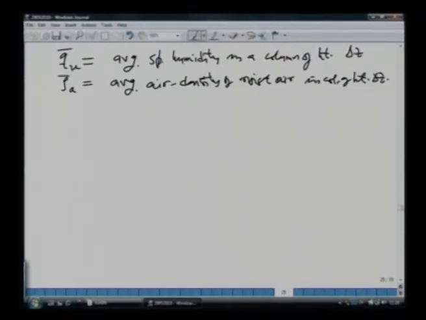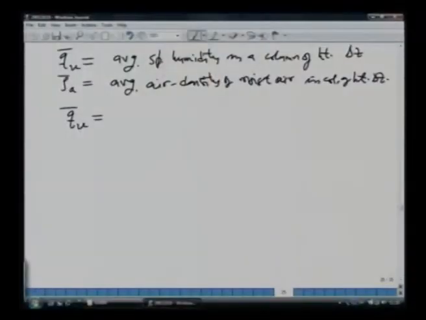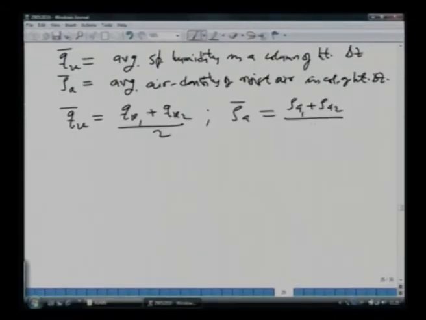So, how do we actually do it? Well, this is the expression we have. What is QV bar? Let us say you have two cross sections, delta Z is represented by 1 and 2. Average is what we are doing basically; there is a non-linear function you are trying to linearize, so it is like interpolation. It is nothing but the average of the values QV1 and QV2, divided by 2. Between the delta Z you take the values of QV1 and QV2 and take the average. Similarly, your rho A bar will be rho A1 plus rho A2 over 2.